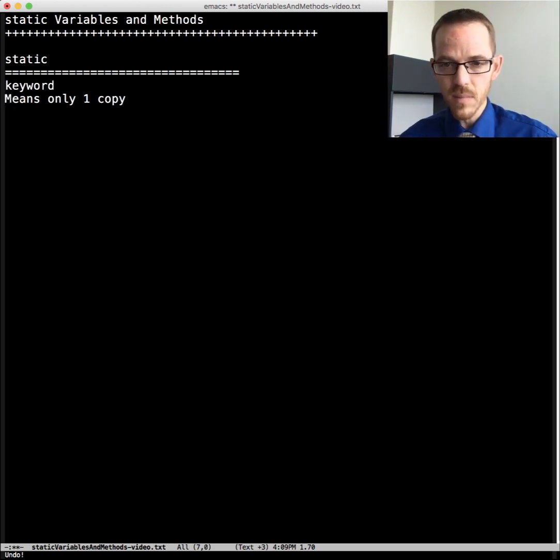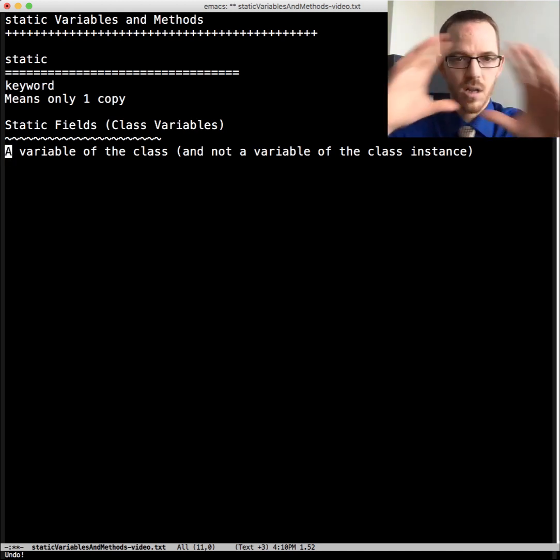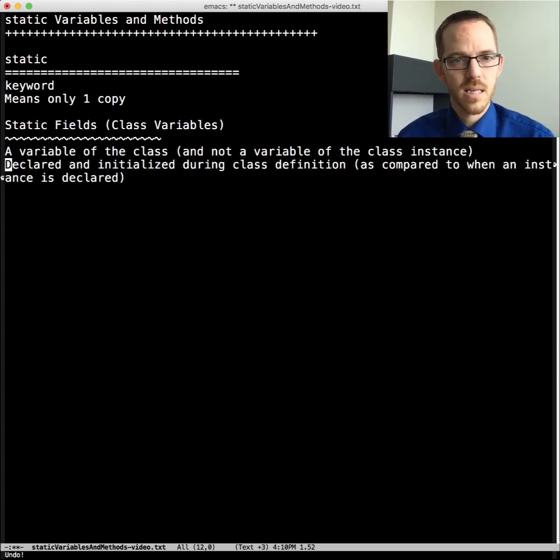So this is a variable of a class, and to be clear, it's not a class instance. So it's a variable of the class as a whole, but not an instance of it, not an instantiation of an object. So the class variable is declared and initialized during class definition.